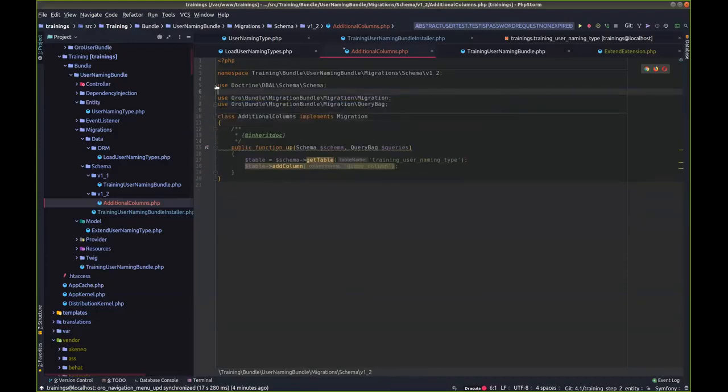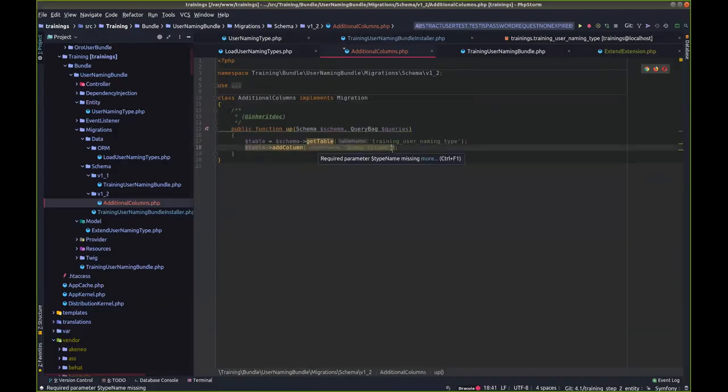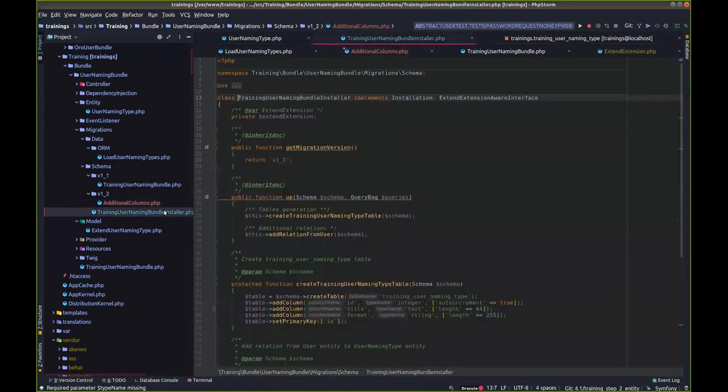All this can be removed. If I want it to be extended, of course, I will just need to pass the option. Right now, I can leave it like this, and it works: whenever I install it from scratch, it will install the installer, then it will look for the migrations and execute all the migrations higher than the installer